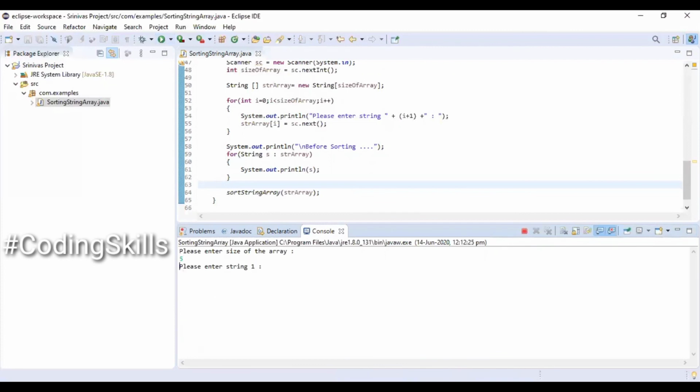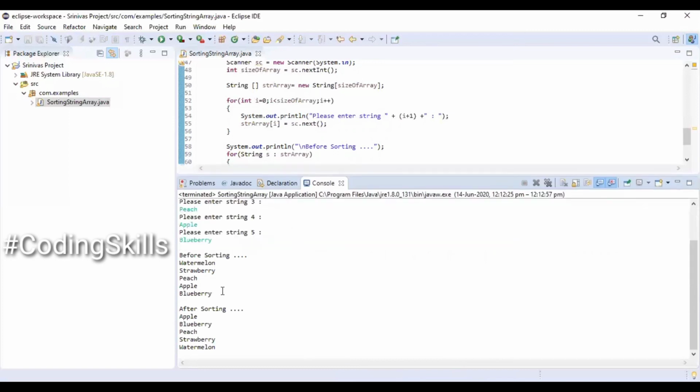Executing again for the next iteration. Entering different set of values. See the values before and after sorting. We could see that they have sorted as expected.